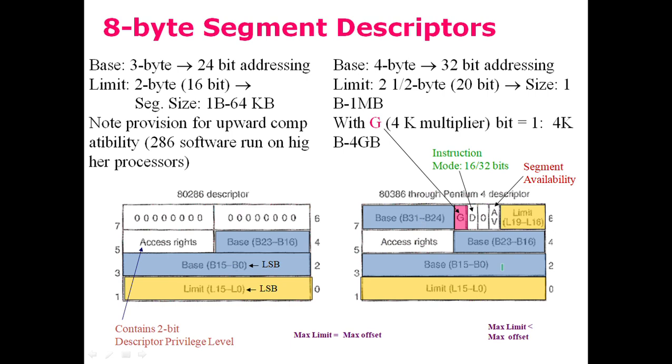So this 4-byte base would give us a 32-bit starting address of the segment. The maximum size would be taken from the 20-bit limit field of this descriptor, and this limit field would give us 1